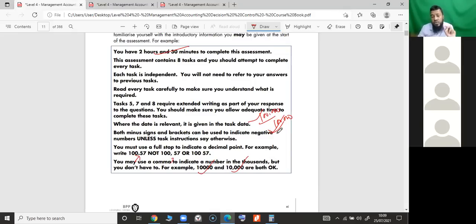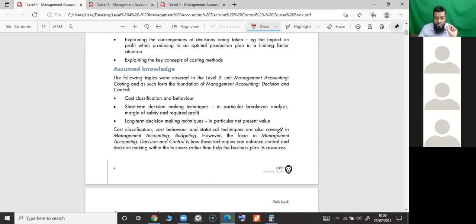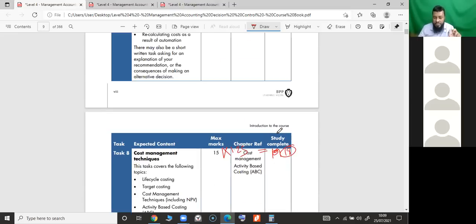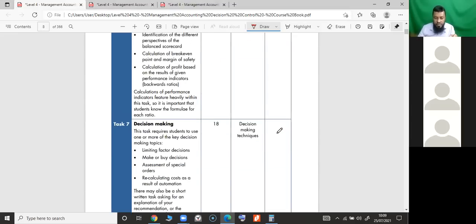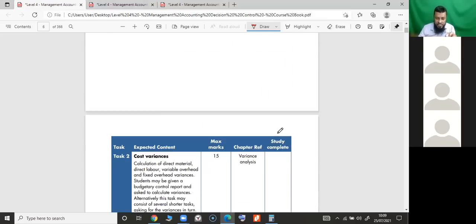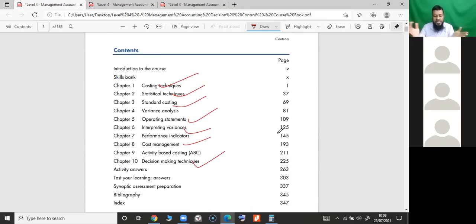Regarding your preparation, if you want to pass your exam, what are the preparations? The book we have finished. Watch those videos, go over these chapters, do all the test-your-understanding activities, revise them, and you'll find it easy. That's number one. And of course, the question bank is there. Textbook is there, then question bank is there. Must do it if you want to pass your exam.